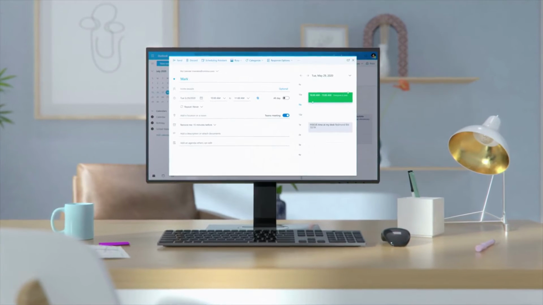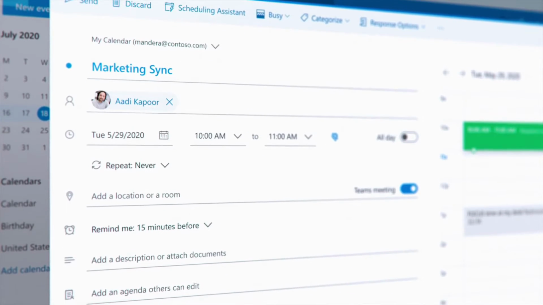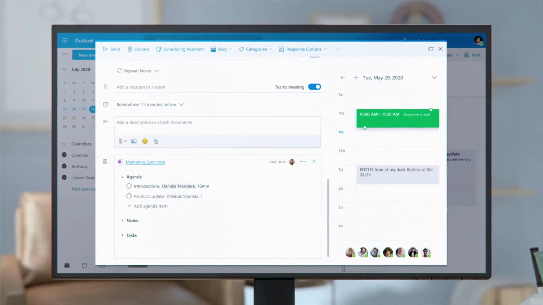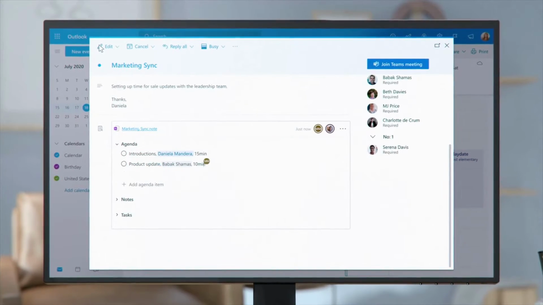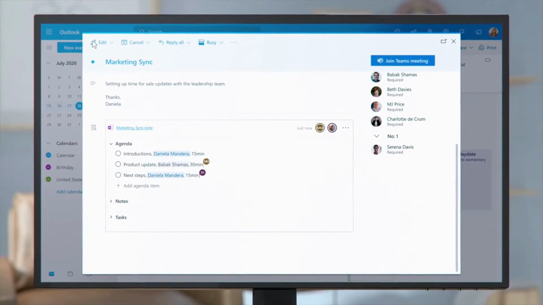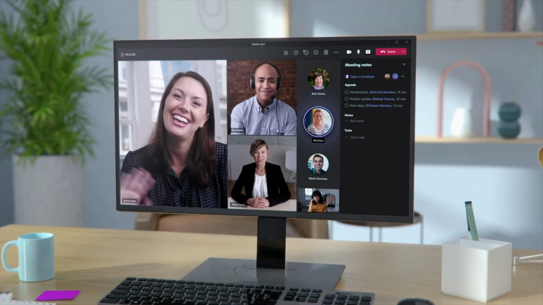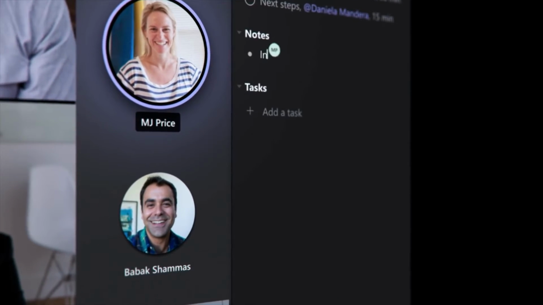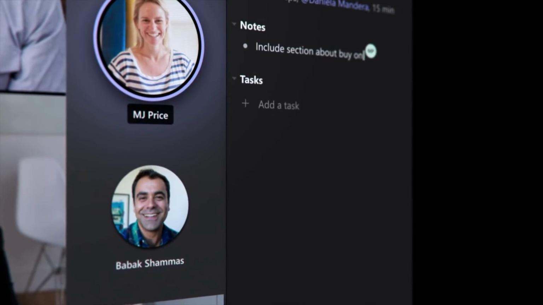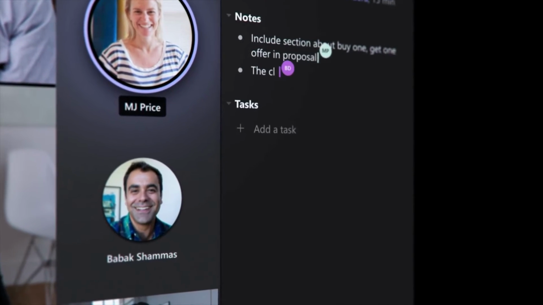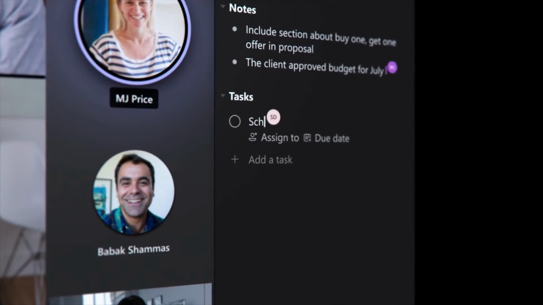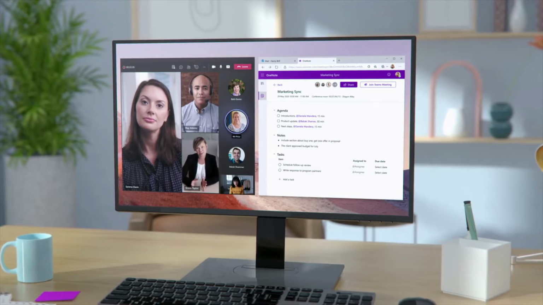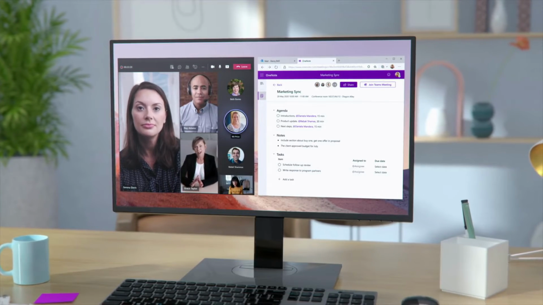Now, when setting up a meeting, you can create a collaborative agenda with fluid components, so everyone can contribute ahead of the meeting. The agenda will be visible within the meeting experience, so everyone stays on track. Alongside the agenda, everyone in the meeting can collaborate on notes and assign tasks. These fluid components ensure meeting attendees have a clear view of what was covered and how we need to proceed forward. For a richer note-taking experience, you can open the notes in OneNote and collaborate in real time. This means there's no need for a designated note-taker assigned to a meeting anymore.